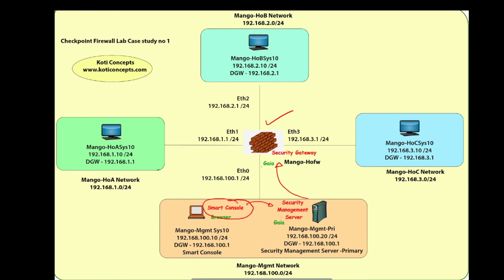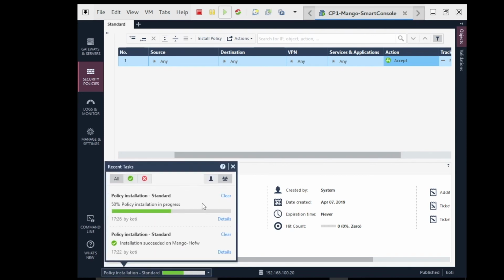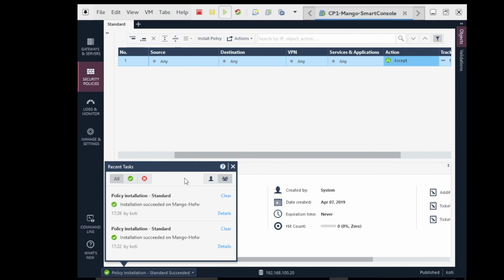When I say install, the management server opens a connection to the security gateway and installs the policy on the security gateway. So we give the policy any accept.